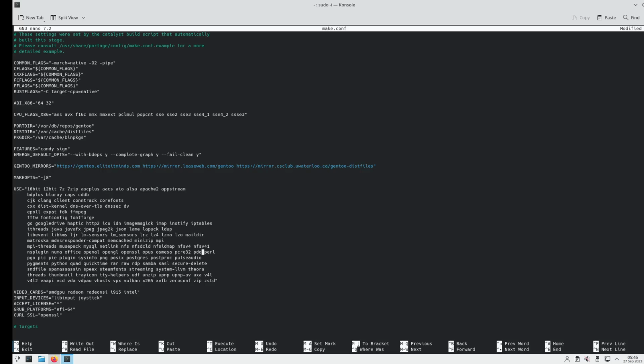We're going to optimize the GCC build. And I've got to remember to do the CPU flags too. So I'm just going through all of these. Plugin, sysinfo, postproc. Now I definitely want PulseAudio. And then I have to do